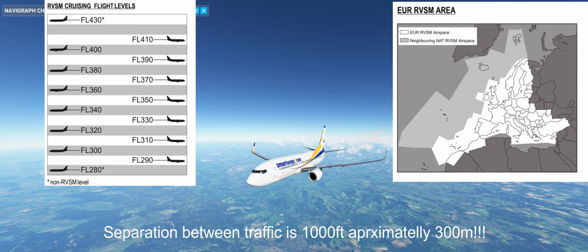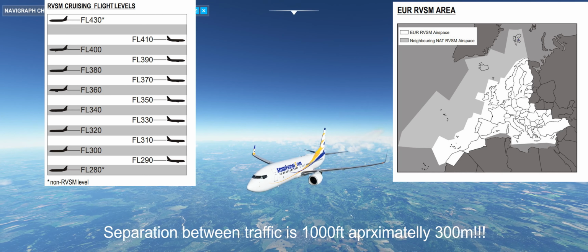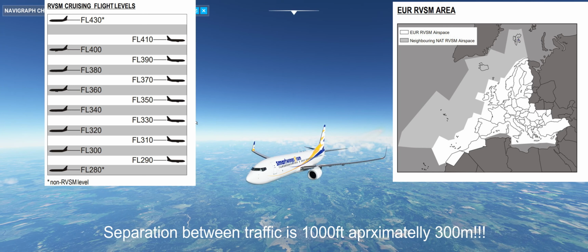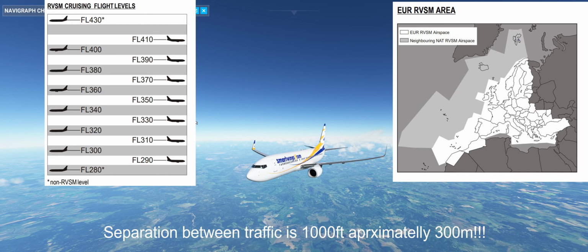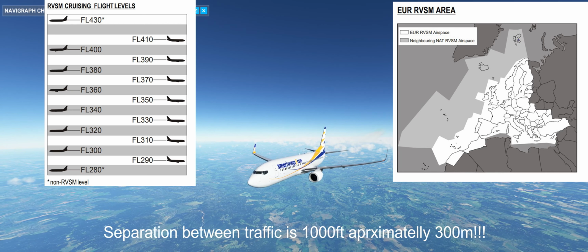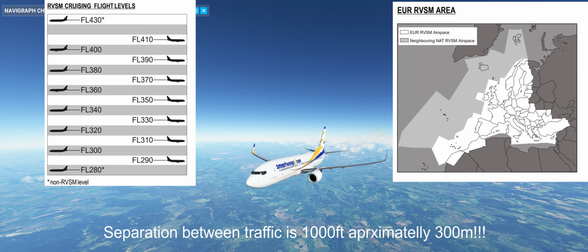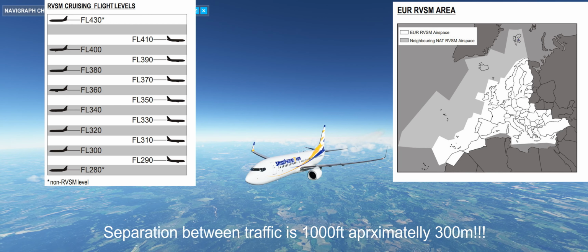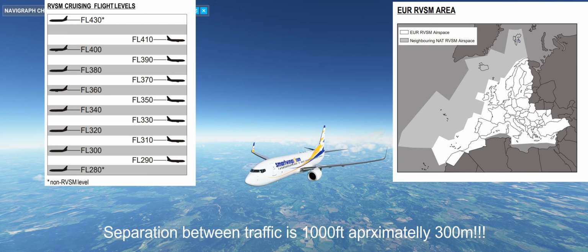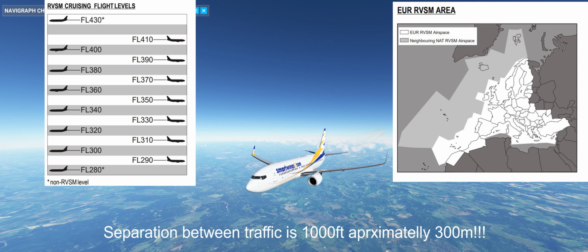So that means that in RVSM airspace, the separation minima between two airplanes is really close. It's only 1000 feet, so that means approximately 300 meters,